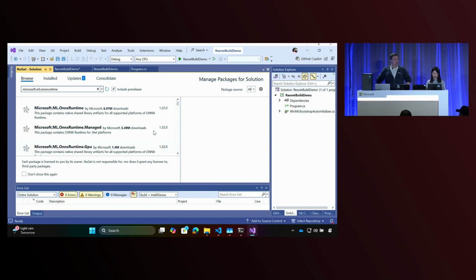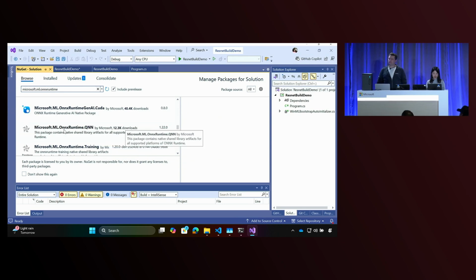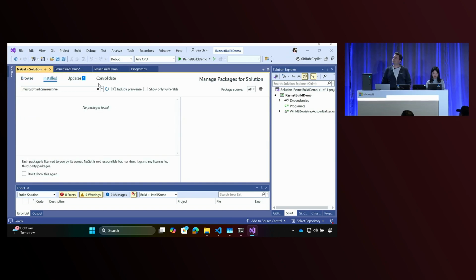Now that that's installed, but before I move on, I want to show you this. If any of you here has worked with ONNX before, you will find these NuGets familiar. These are the execution provider NuGet packages that you used to have to include in your app if you want to target these providers. And they're compiled into your app code, so they will be deployed to your customer's machine, which might not even support these, and that makes your app size larger than you want, right? But with Windows ML, you no longer need any of those. We're just going to download them at runtime for you. And that's it. Let's go back to our install list. This is the only NuGet package we'll need for this demo.